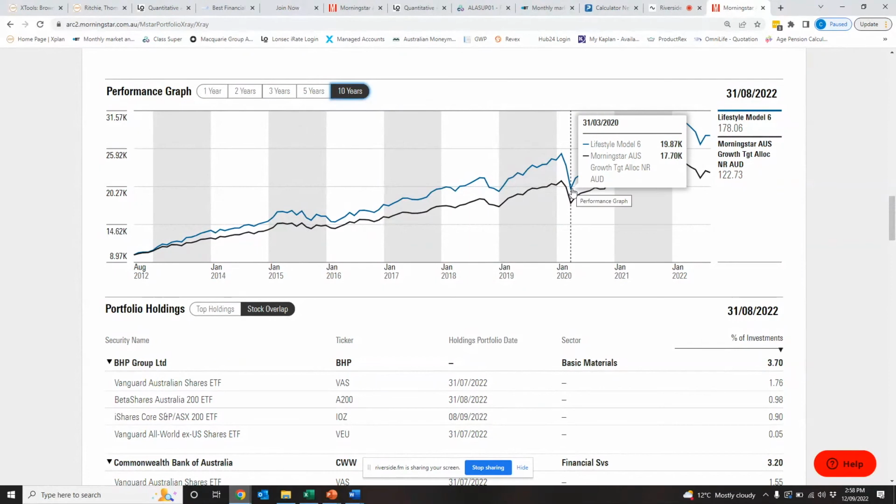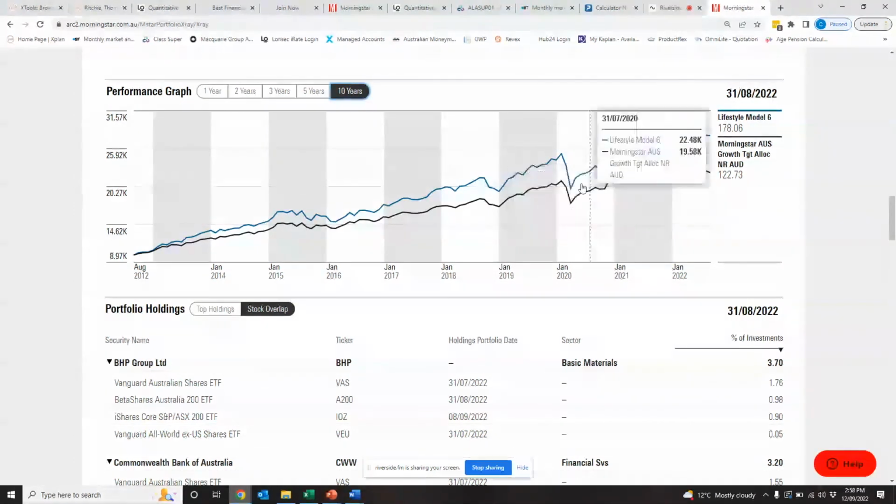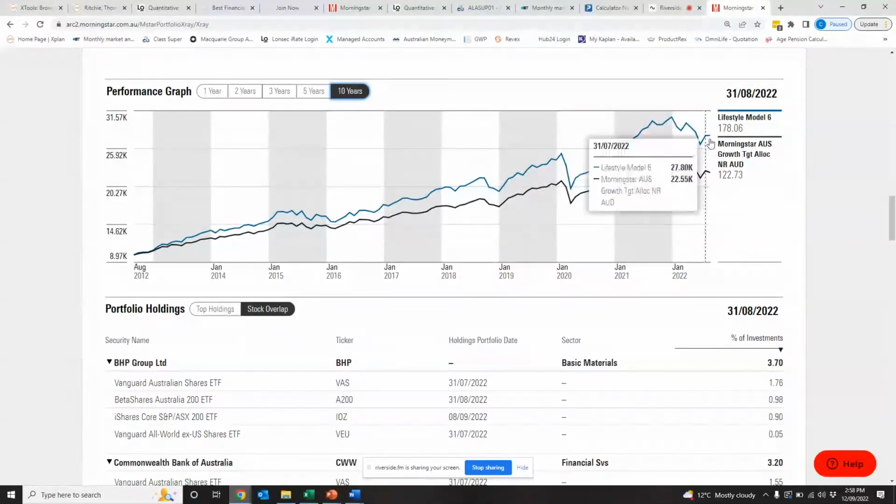So we saw a reduction there. But again, we've seen recoveries in this portfolio, which is listed equities, since that period of time. The reason I show you this is it shows that the long-term, buy and hold approach works, as long as the portfolio is diversified.